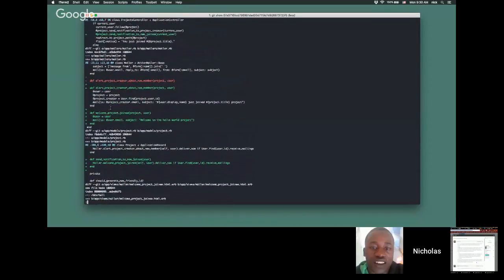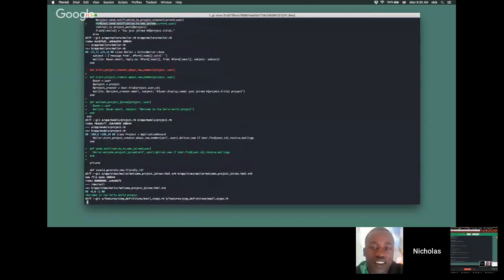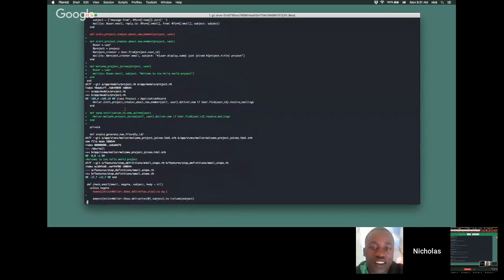So here in the project class, we're calling send notification to new joinee right there, passing in the user, and then we're calling the mailer class, welcome project joinee. And then right up here is the mailer class. We're calling that method welcome project. So then we'll mail to @user.email and give them the subject of welcome to the Hello World project. And then